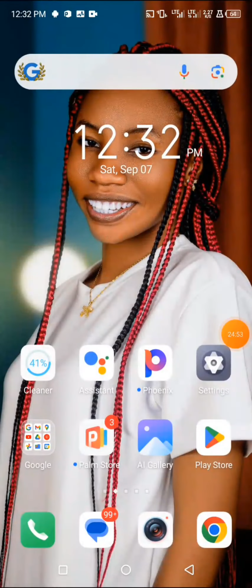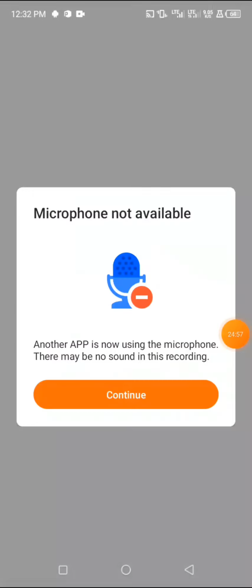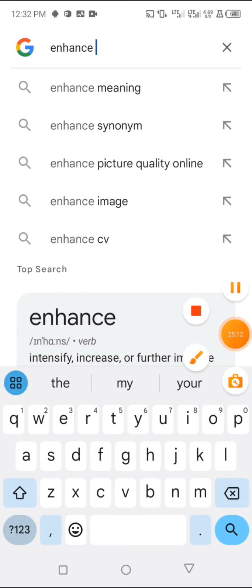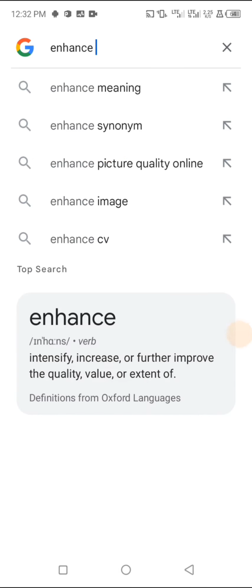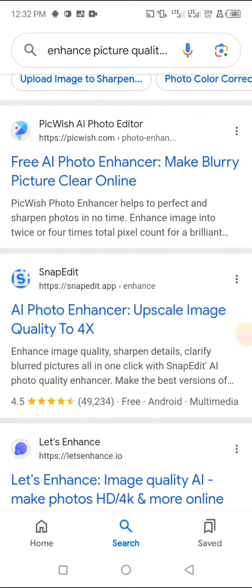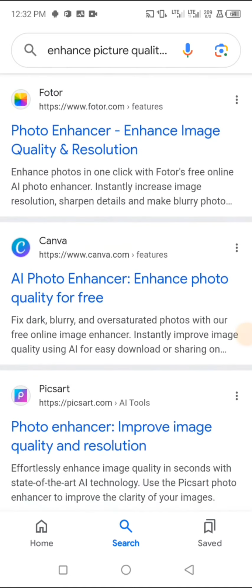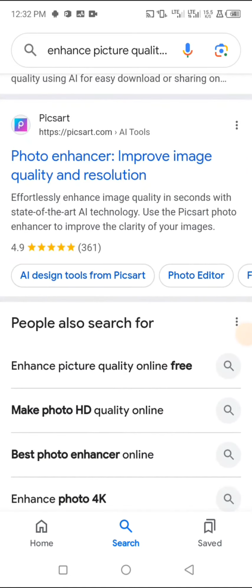Okay, here is a quick tutorial on how to enhance the quality of your image. Come over to your Google and type in picture quality online, enhance picture quality online. Then there are so many free enhancing tools here. You can just pick one, but for the purpose of this class we would be picking